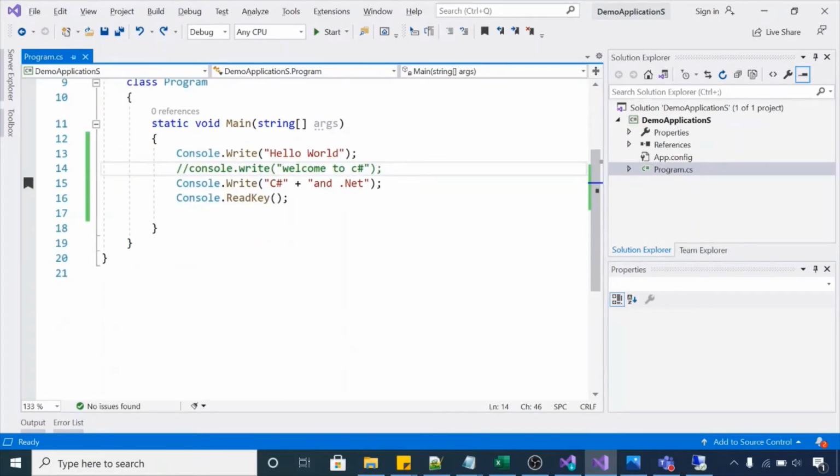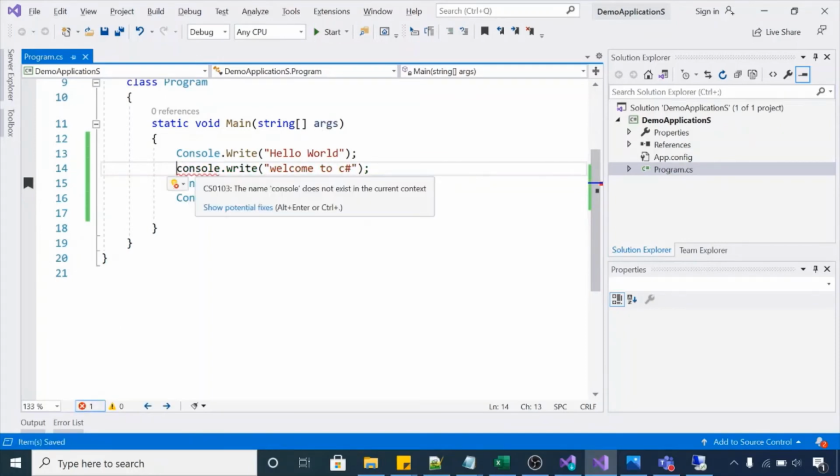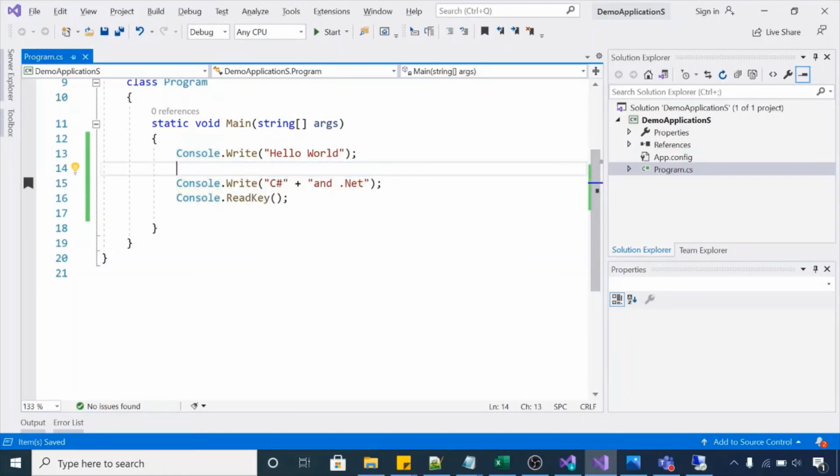If I remove the comment, this line will be executed by the C# compiler. Let's suppose you have some code that you don't want to execute in your program, but you want to keep it here. In that case you need comments.